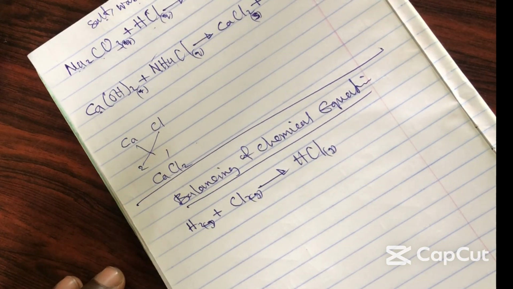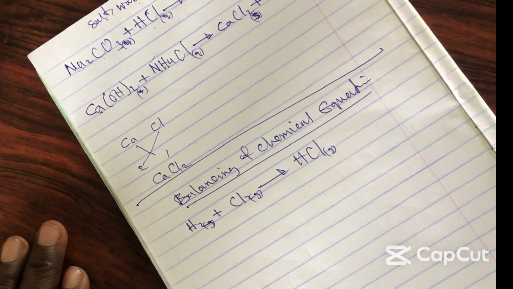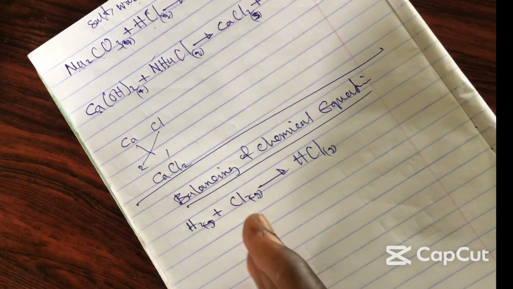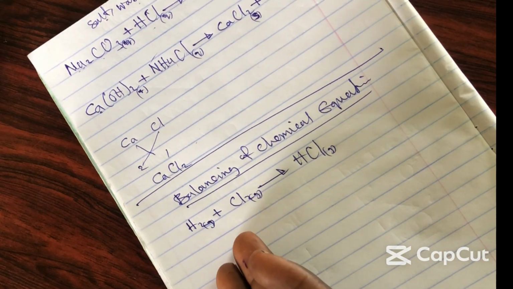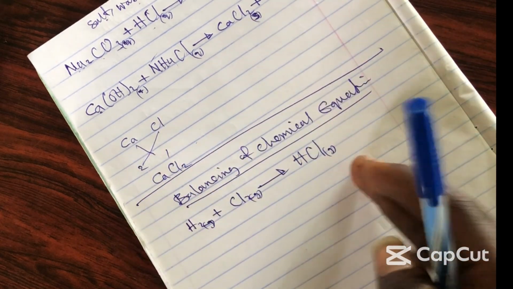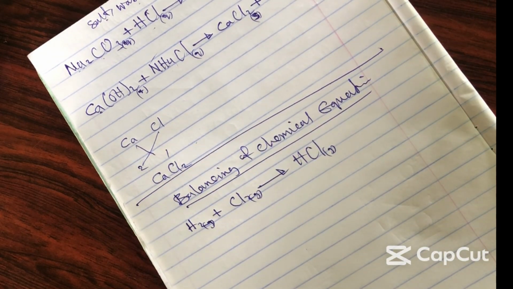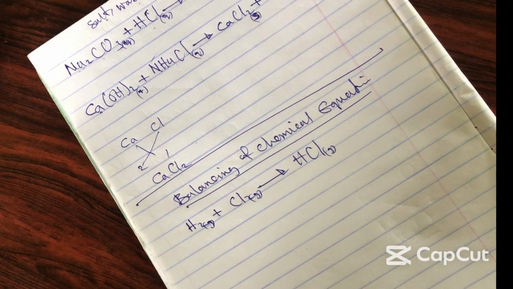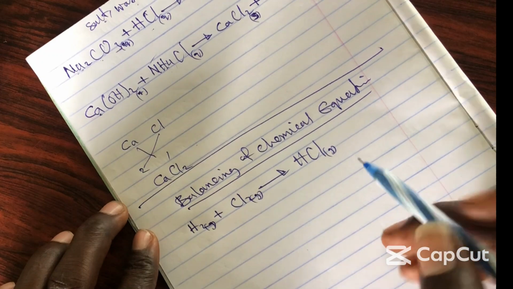To the balancing of chemical equation. And remember, in the chemical equation, anything that appears in the reactant side should also appear in the product side. Yes. So this is not a redox reaction. We need to know in that way. So here now, we have